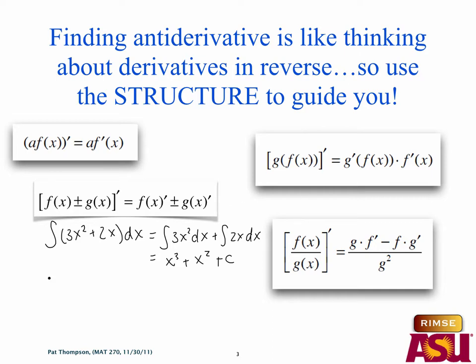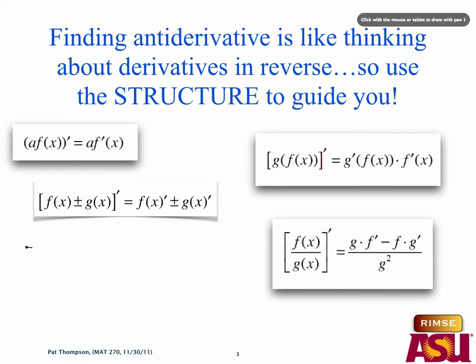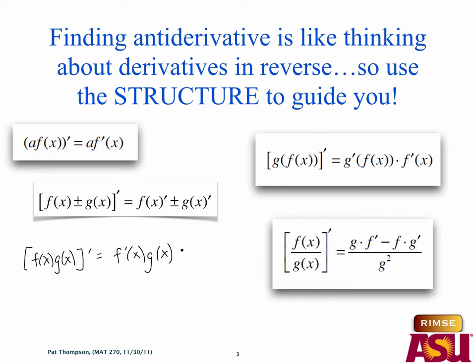Now, the reason why I had all of the rules up here was because I wanted to emphasize that when you look at the outcome of the product rule, the outcome is not a product. It's a sum of two products. So the only time I should be thinking of the product rule in reverse, if you will, is if I actually have the sum of products, right? So like,